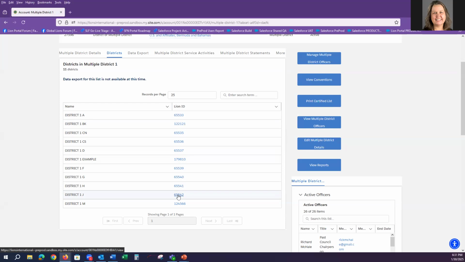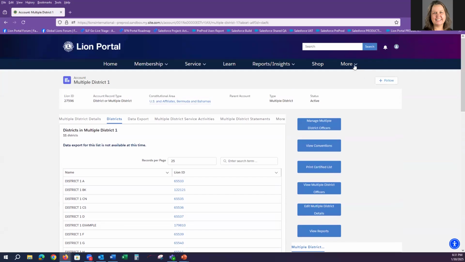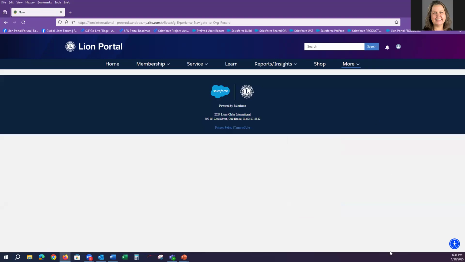Okay, so now I want to show you some more in the My Club. I'm going to go back to my club. So I'm just going to go this way using the More drop down with my club. I could also backspace or go home, select my club. There's all kinds of ways to get there. And once on the My Club page,